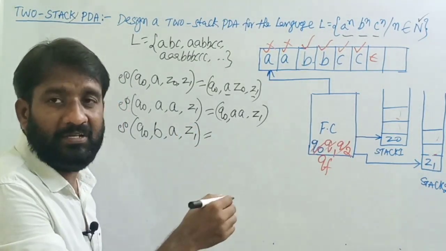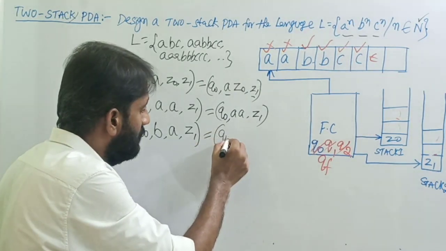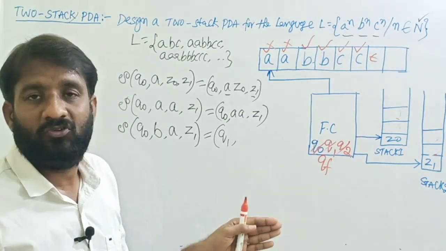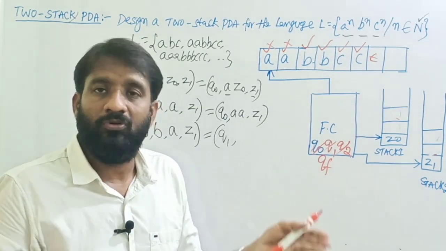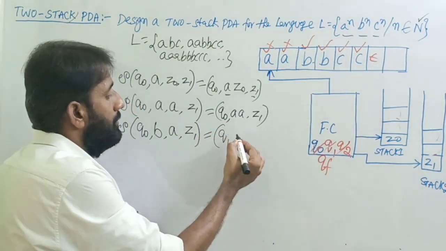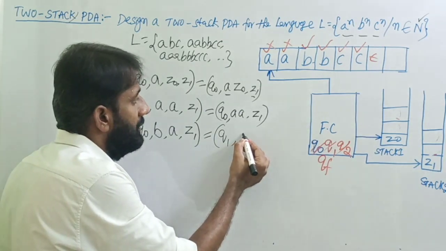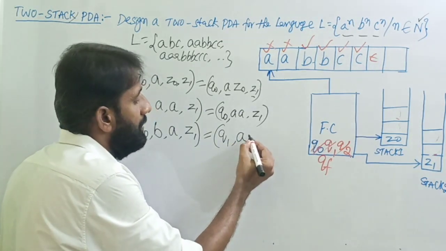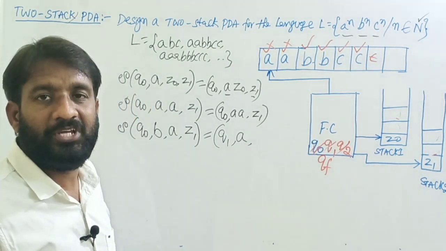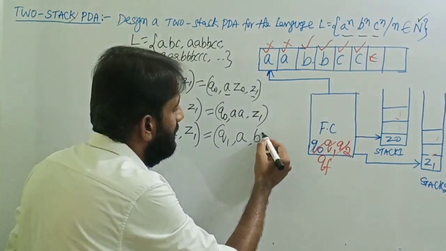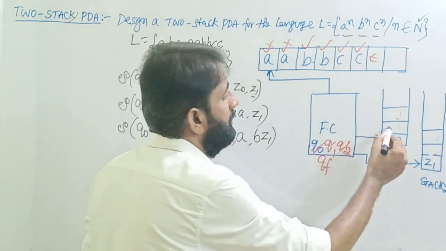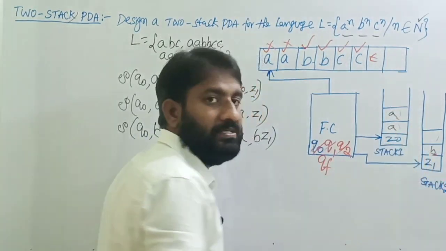So as per the design, we are going to change to a new state Q1, because now we are reading the B's. So we have to add B onto the stack 2, so that I can show the configuration difference. So Q1, top of the stack 1 is A only. Then we are adding B onto the stack 2, so it is B Z1. See, the figure looks like A, then B. Yes. Then next,